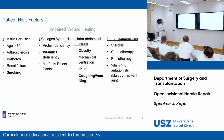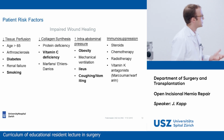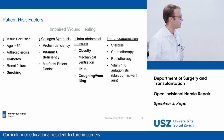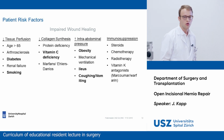So all the risk factors in bold are modifiable risk factors, and they all have to do with impaired wound healing. So reduced tissue perfusion affected by diabetes, smoking, age, reduced collagen synthesis, vitamin C deficiency or genetic deficiencies, Marfan's, Ehlers-Danlos, increased intra-abdominal pressure, obesity, ileus, respiratory problems, and very important for our patient cohort here obviously is